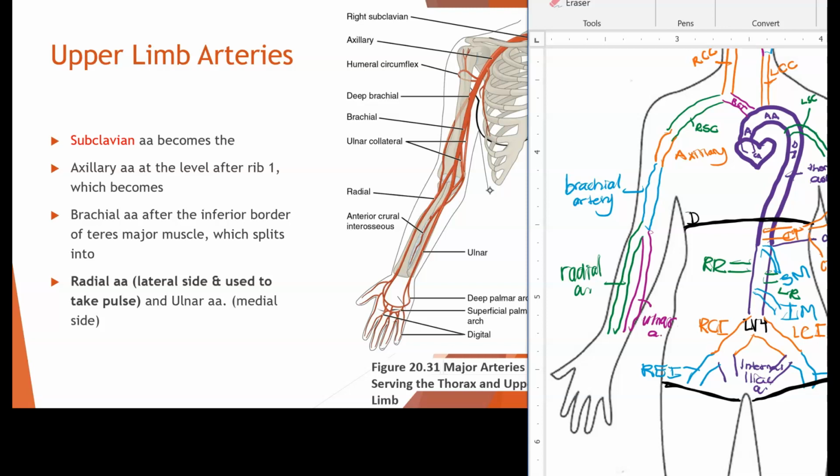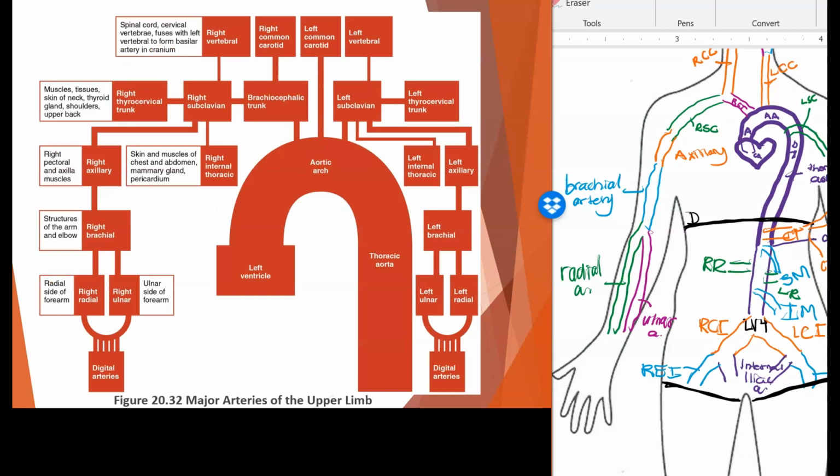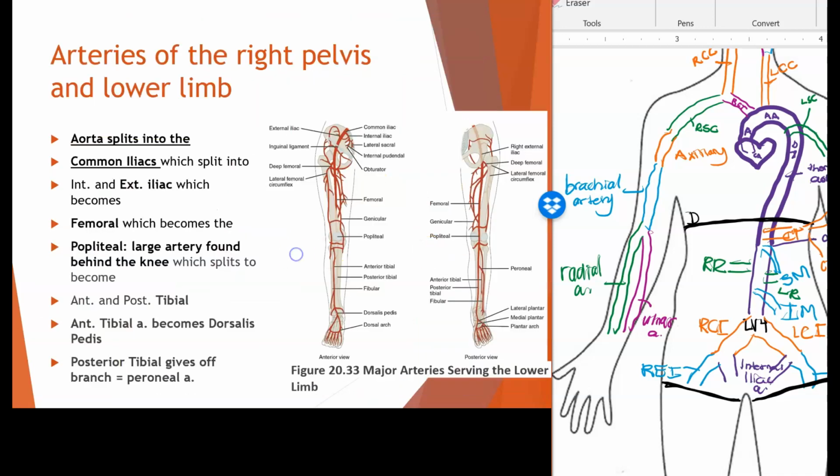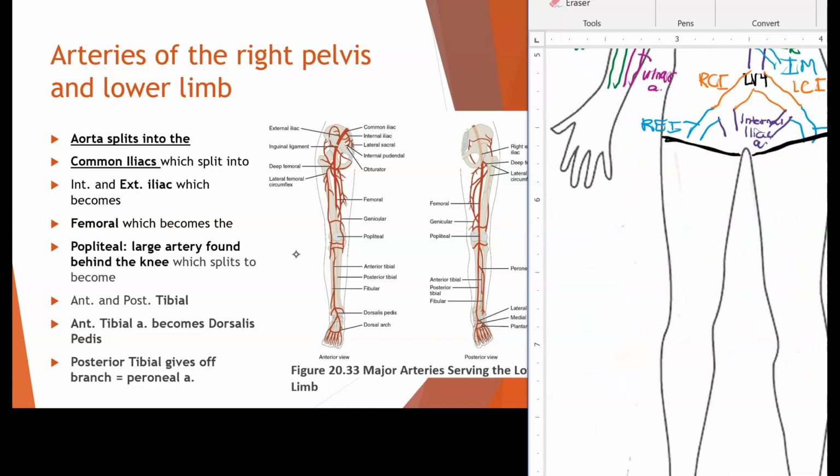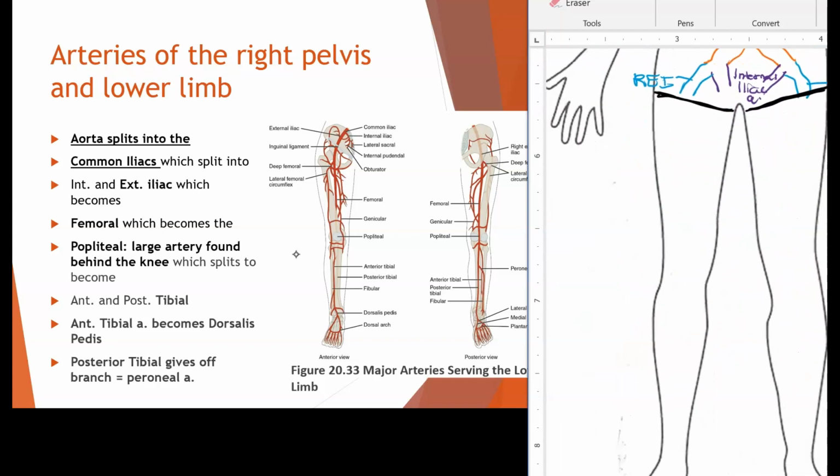Okay, and then of course beyond this we do have some other branches, like your ulnar artery creates your superficial palmar arch, your radial artery helps create your deep palmar arch, and they branch into digital arteries to supply the fingers, but we are not going to add that detail to our photo here. Here are some of those nice diagrams from OpenStax, but we're going to finish off our drawing by looking at